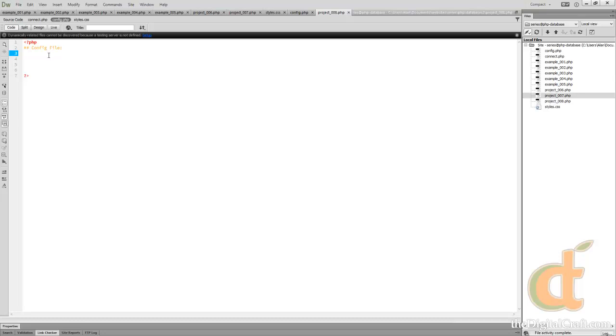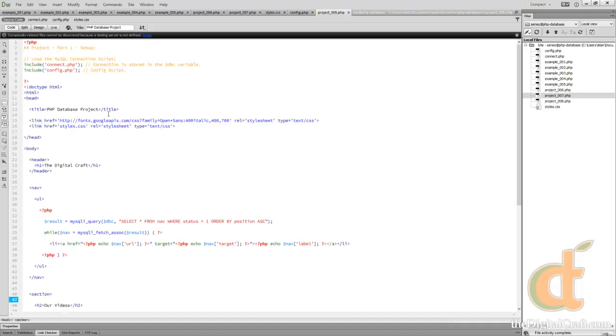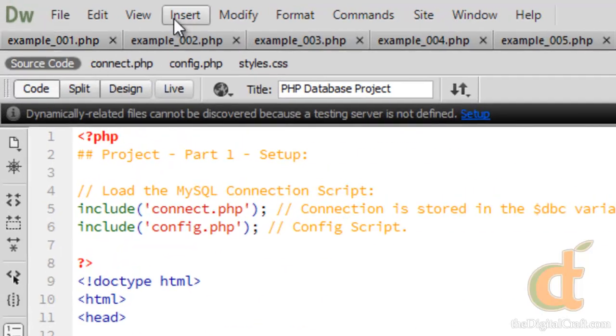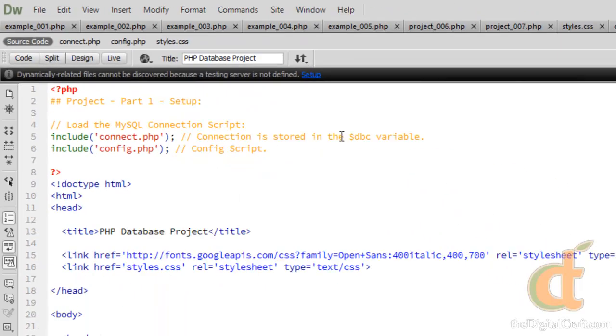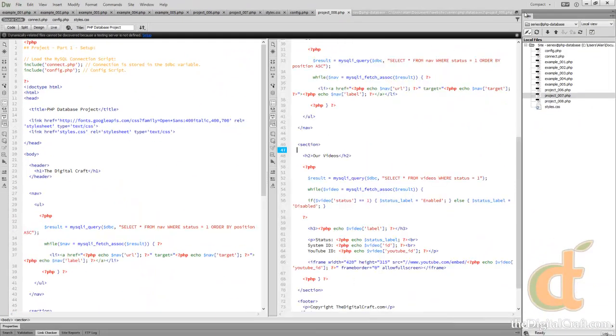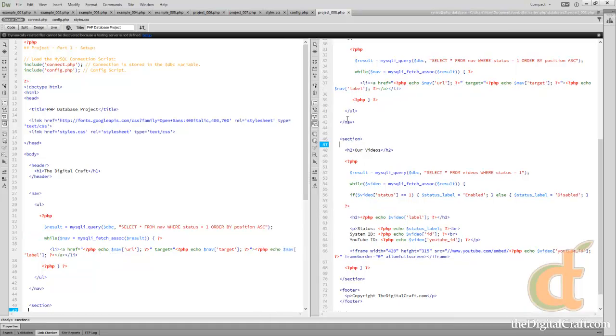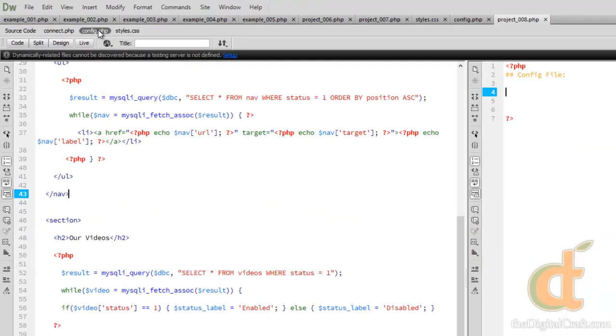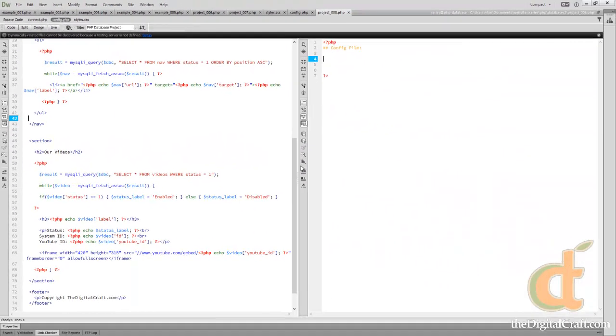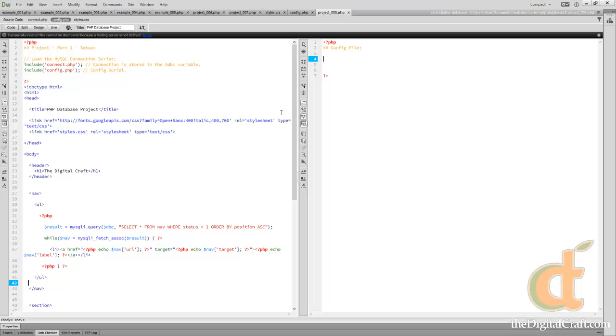Now if you are using Dreamweaver, Dreamweaver has a split view, which is pretty cool. You can split the code and view embedded documents. We're going to go ahead and take advantage of that here. And if you're using Dreamweaver, you can go to split code. And I'm going to go ahead and hide my files panel. And click on config. And there you go. It's pretty cool. So you get to see the main document here on the left and one of the embedded